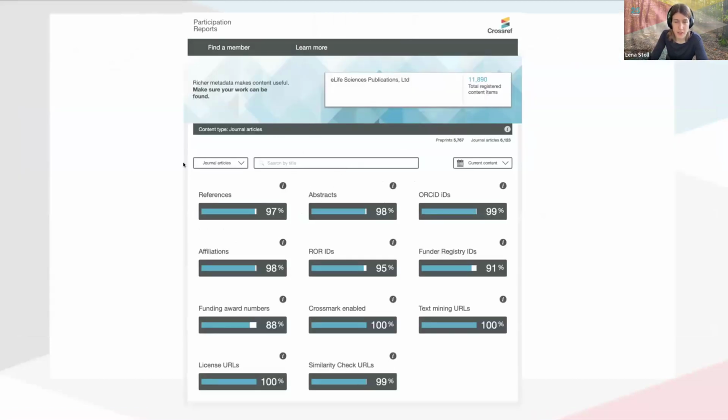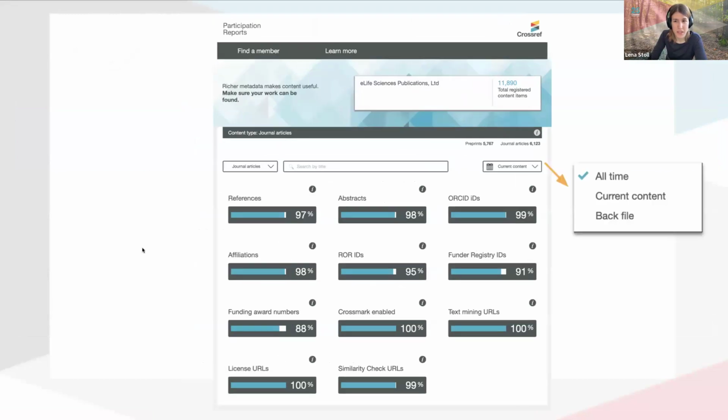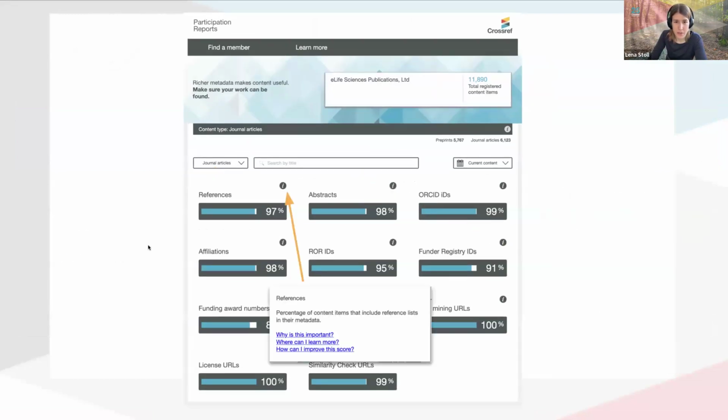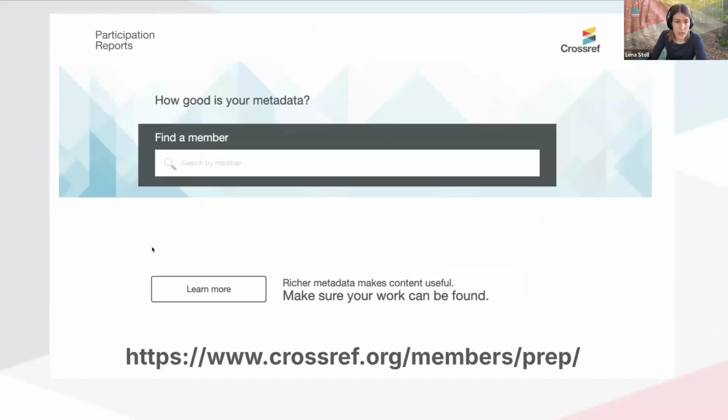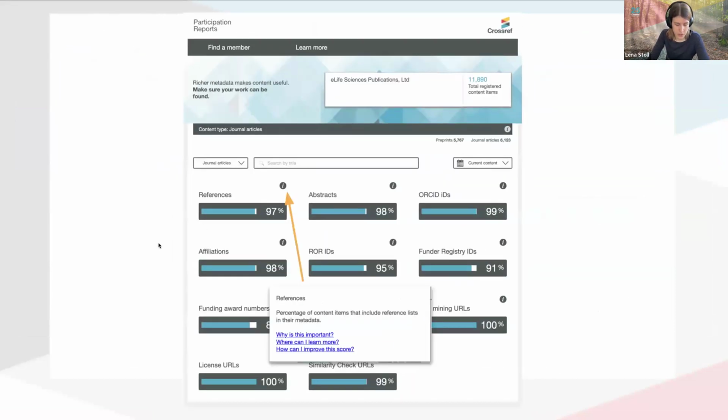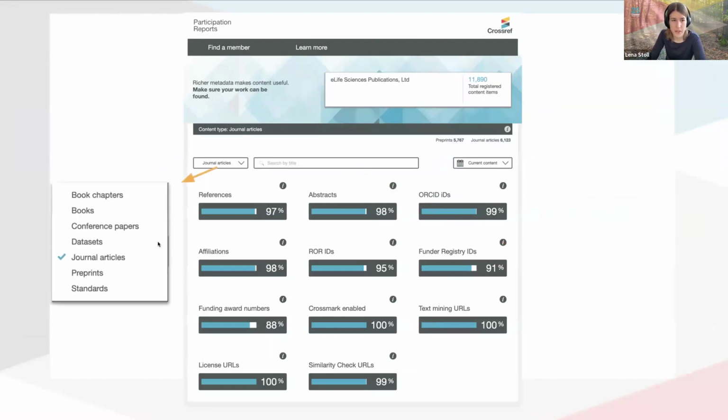So this is just a different example, a screenshot of a member with very high coverage scores. So the most important part, possibly, of your participation report, this first field here, is the references.